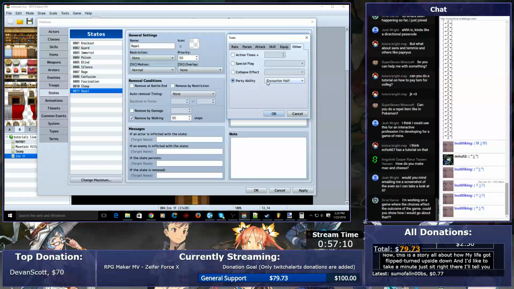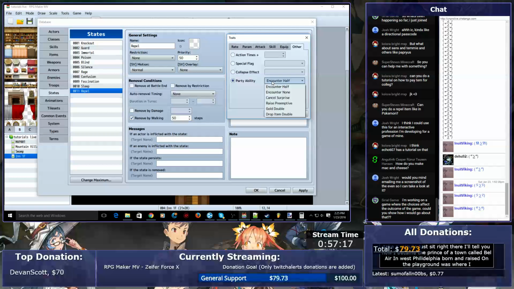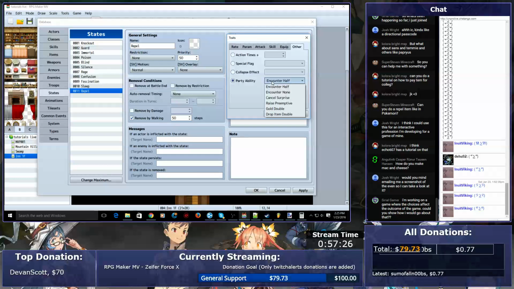So what you're going to do is party ability. And you're going to do either encounter... okay. This is where it gets a little bit weird. You would have to do things a little bit more advanced than...